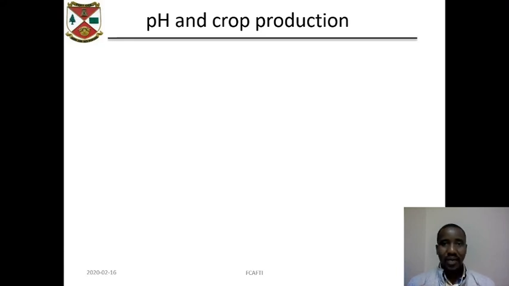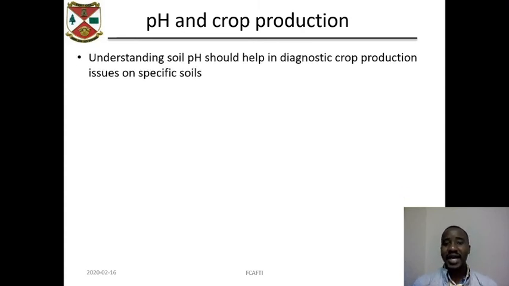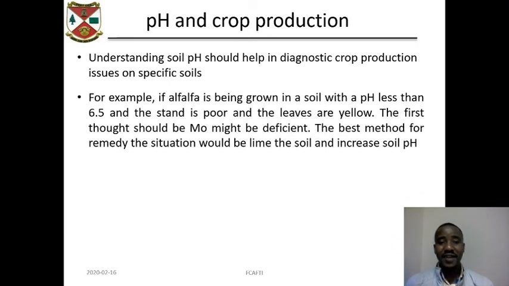Now, why? Let us look at pH and crop production. Understanding soil pH should help in diagnosing crop production issues, so that is why, in soil science, soil reaction or soil pH is very, very important. For example, if alfalfa is being grown in a soil with a pH less than 6.5 and the stand is poor,